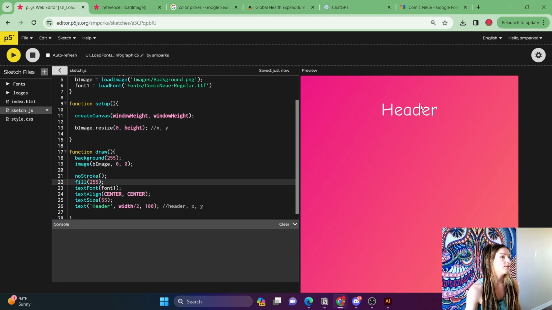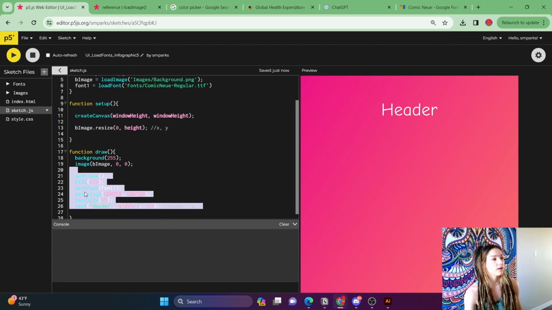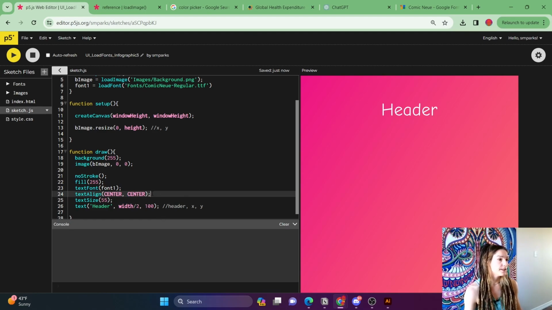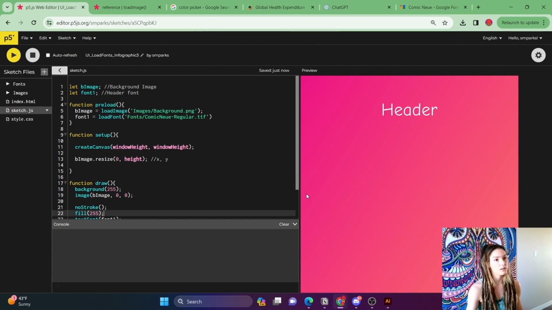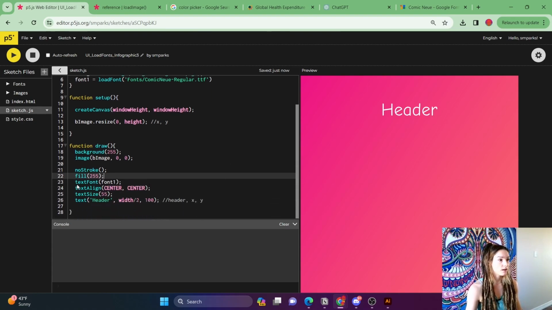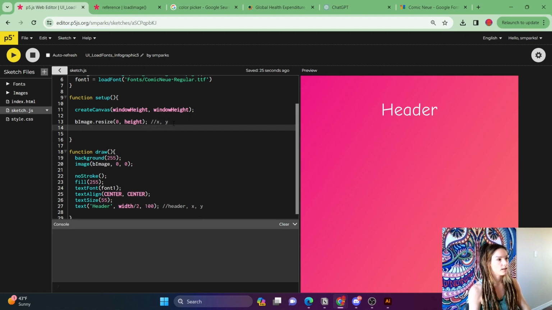So we've got our font and image loaded, some tweaking with placement and color, and that's pretty much all you need to know at the moment. I do want to show you one more thing. Since we are aligning our text to the center, I like to make it a practice to just align my images to the center as well. So like I said, the image is being drawn from the upper left, right? In order to draw from the center, we have to type in